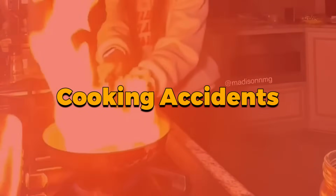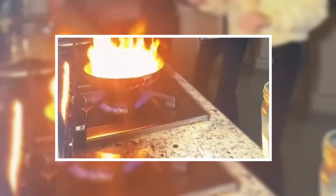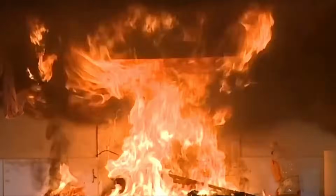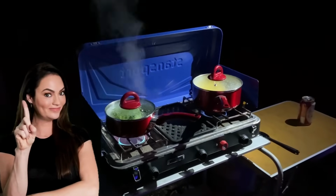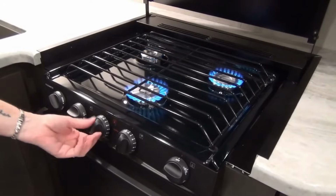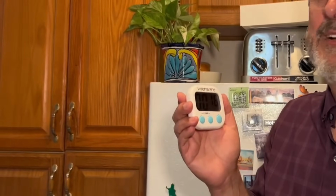Cooking accidents rank among the leading causes of fires in RVs, largely due to the confined spaces of RV kitchens, where even minor incidents can quickly escape into dangerous situations. The compact nature of these mobile kitchens means that fires, especially grease fires, can spread rapidly throughout the RV's interior if not immediately contained. The most fundamental rule of RV kitchen safety emphasizes never leaving cooking unattended, as even brief distractions can result in dangerous situations. When cooking, either remain in the kitchen area or turn off the heat completely if you need to step away. Using kitchen timers provides an effective way to track cooking progress and prevent forgotten pots or pans from becoming fire